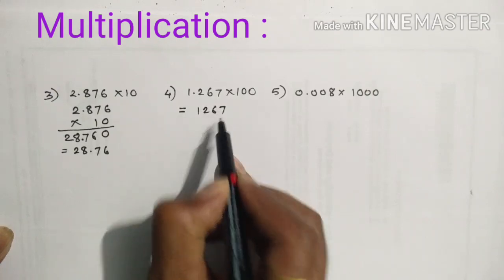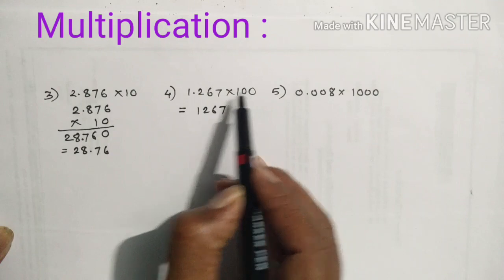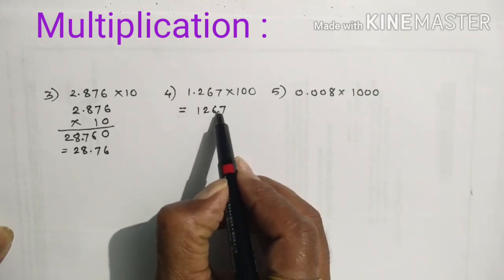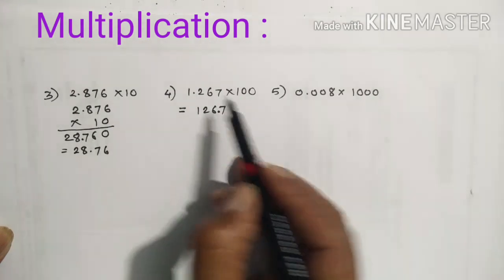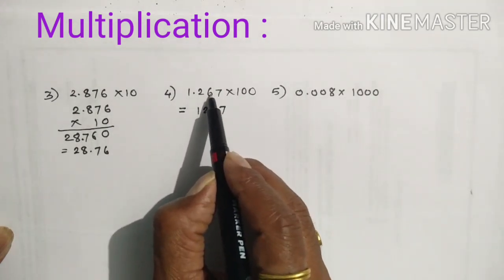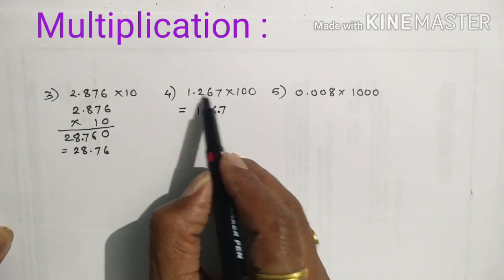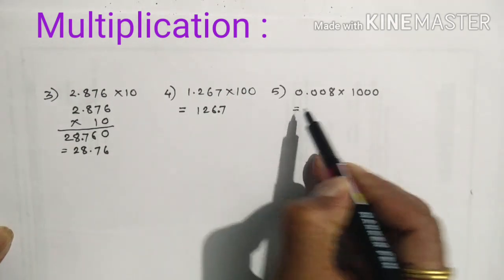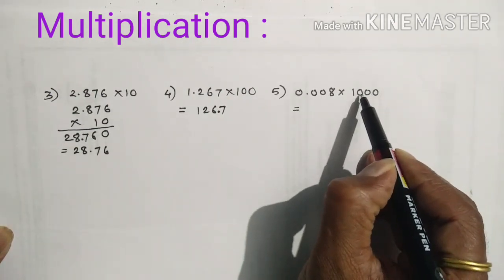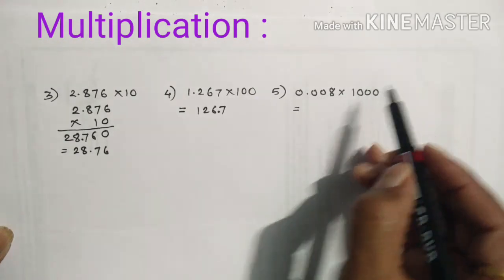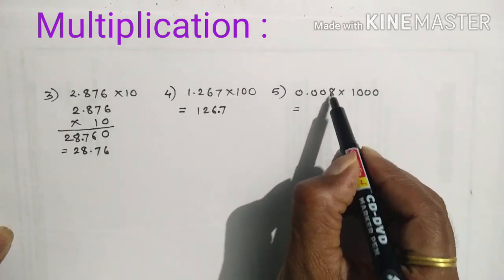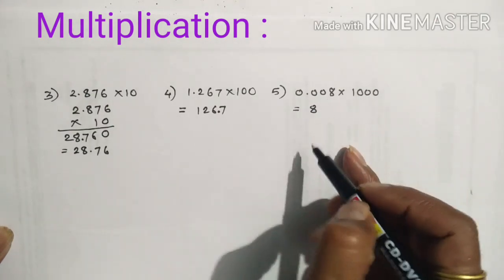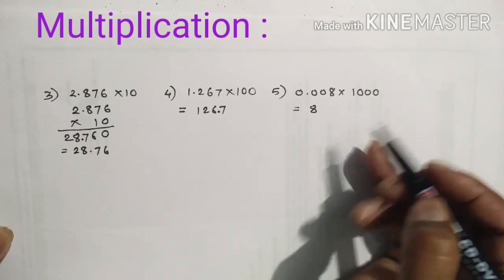Just write the given number. Now how many zeros are here? 2. So towards the right side from here, 1, 2, so the decimal point would be like this. It was here, it has passed two places, which means it will be after 6. Here also count the number of zeros. Yes, these are 3, and here these are 3 also. So 1, 2 and 3, which means after 8 the decimal point, there is no other digit, so we can write it as 8 only.